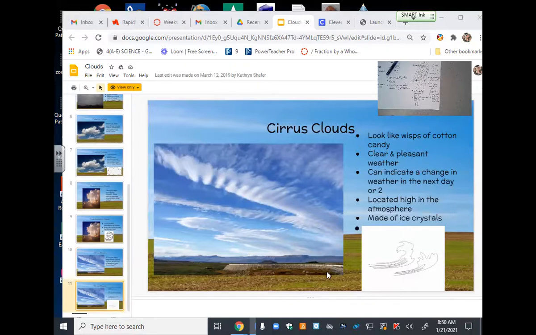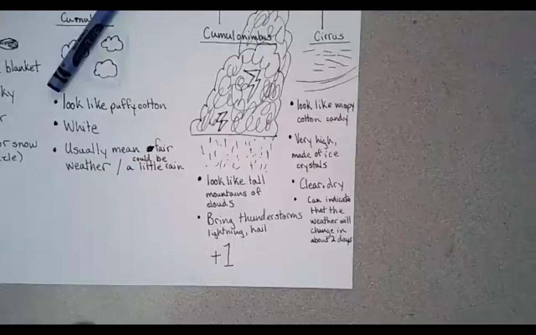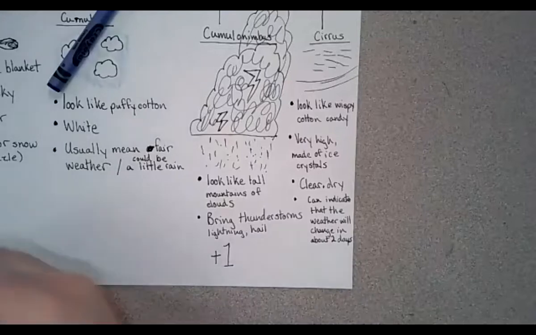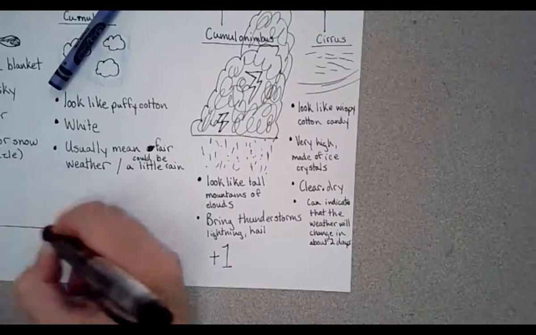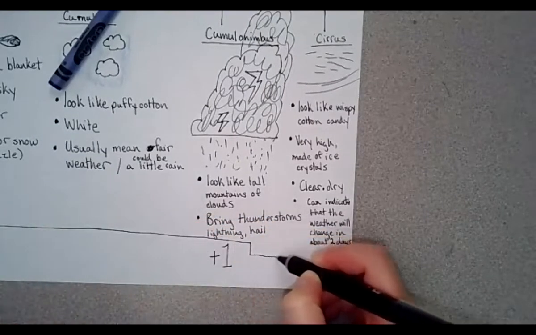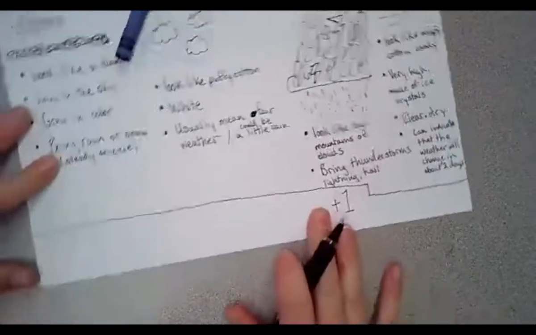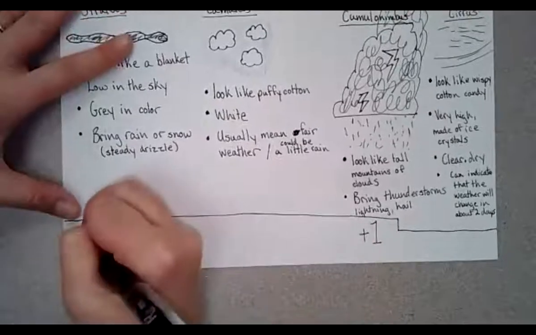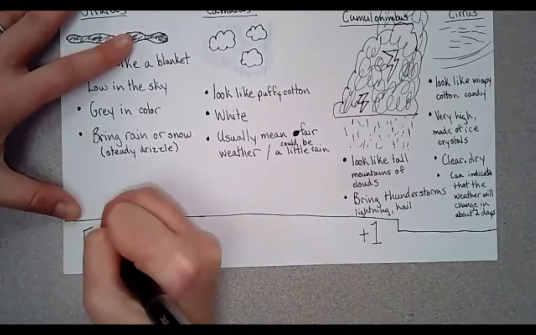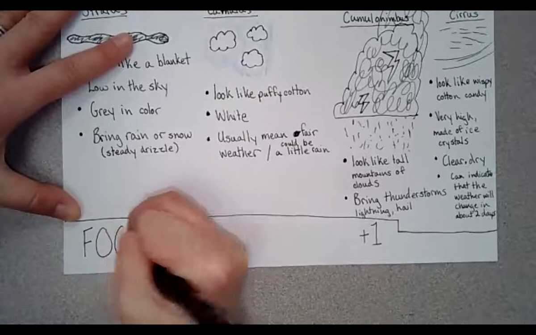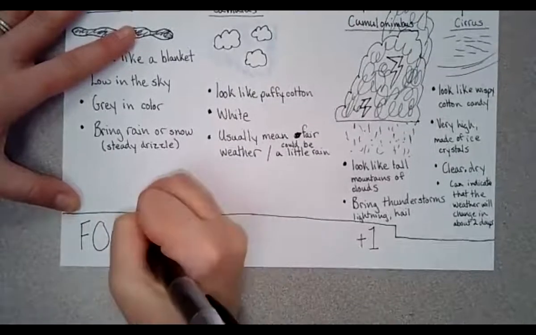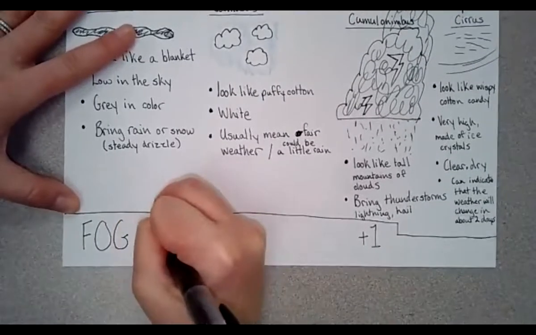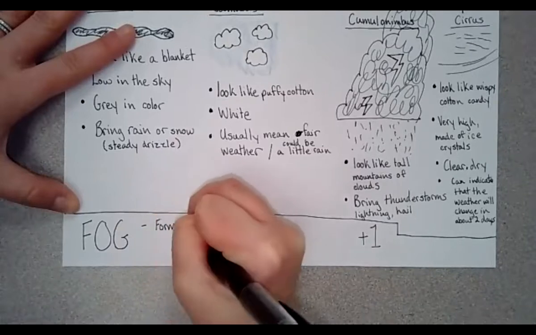Okay. All right. The last one is not in your presentation, but I wanted to put it in here. I'm going to draw a line across the bottom, and I like to put this in my clouds anchor chart because a lot of kids forget about it. And it is F-O-G. F-O-G means forms over